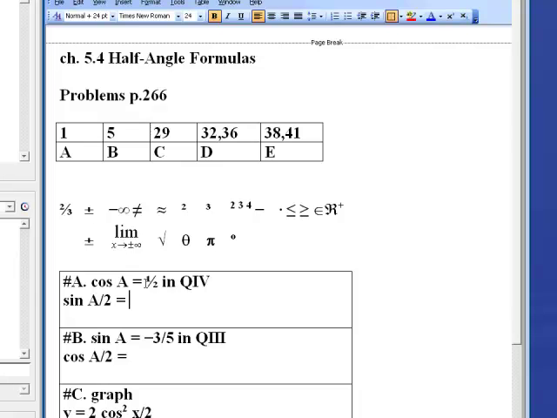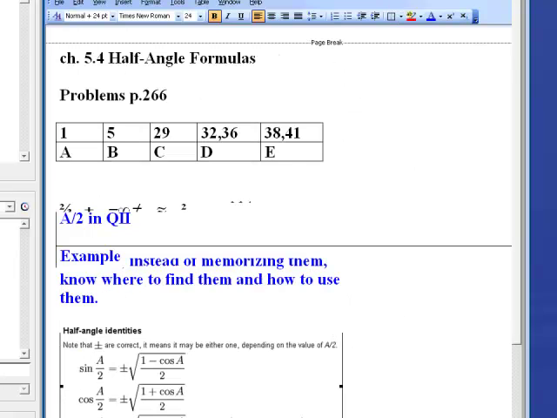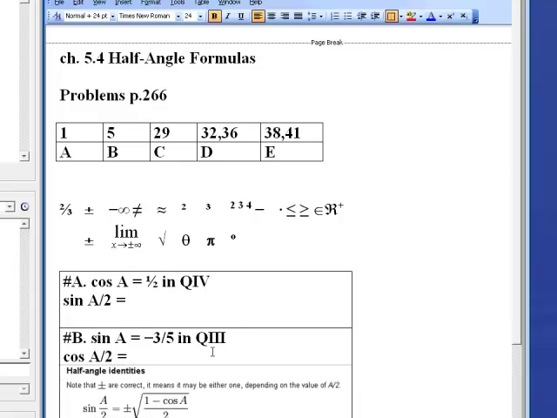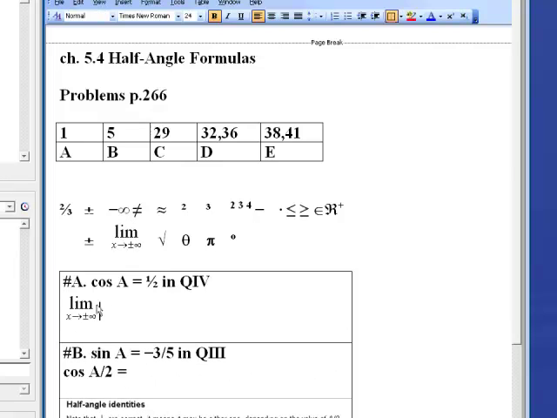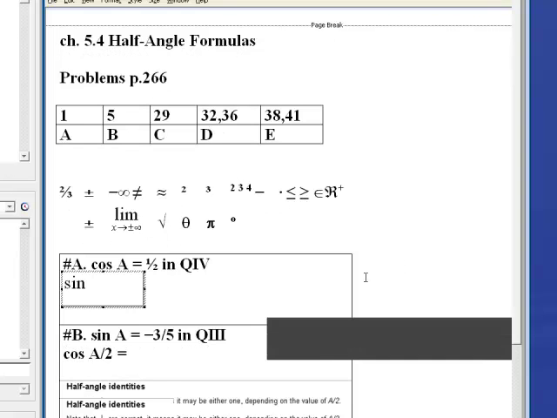First one is, if cosine of A equals 1/2 with the angle A in quadrant 4, find sine A over 2. So I'm going to get the half angle formulas, so we have them available. I think I'm going to put them down here maybe. And sure looks like I need the equation editor. So sine A over 2, that's what we're supposed to figure out,